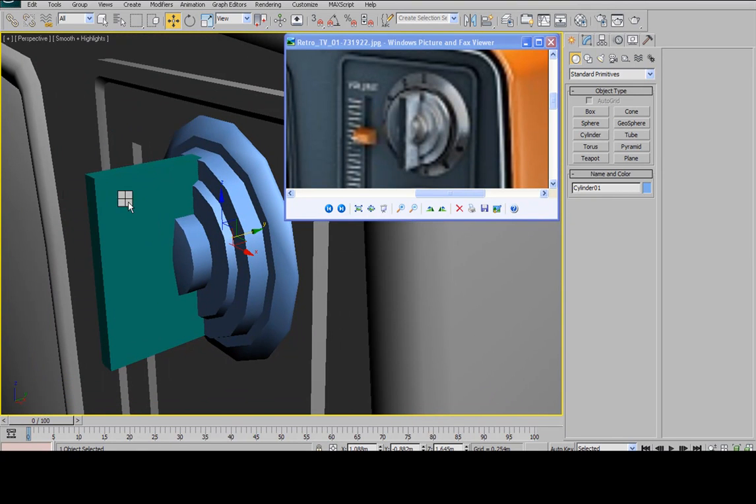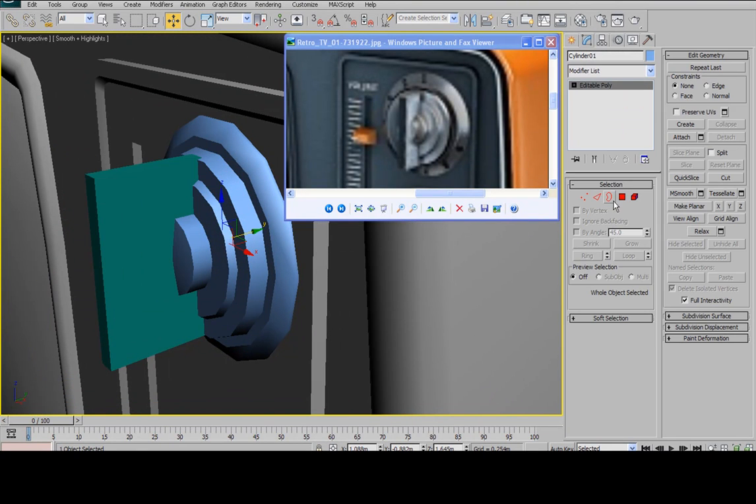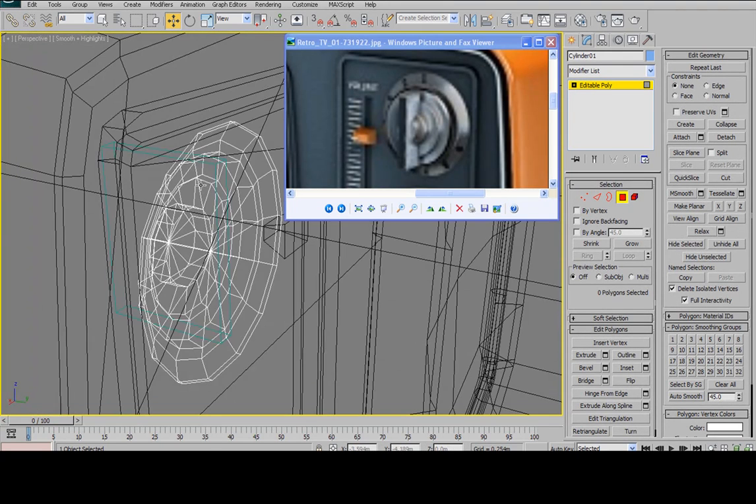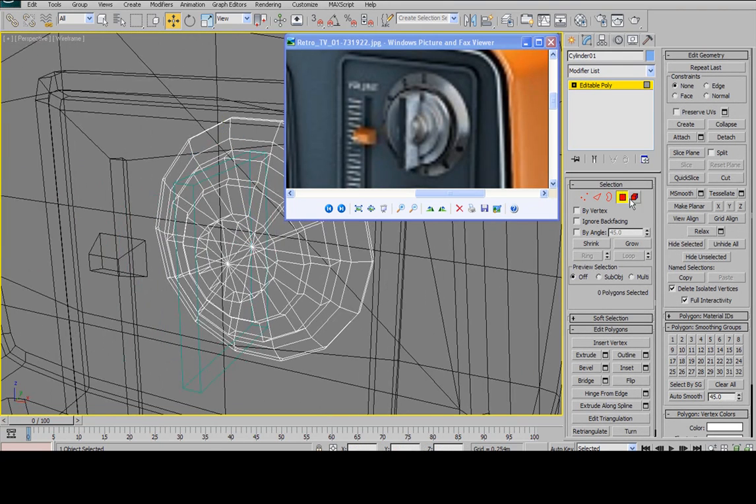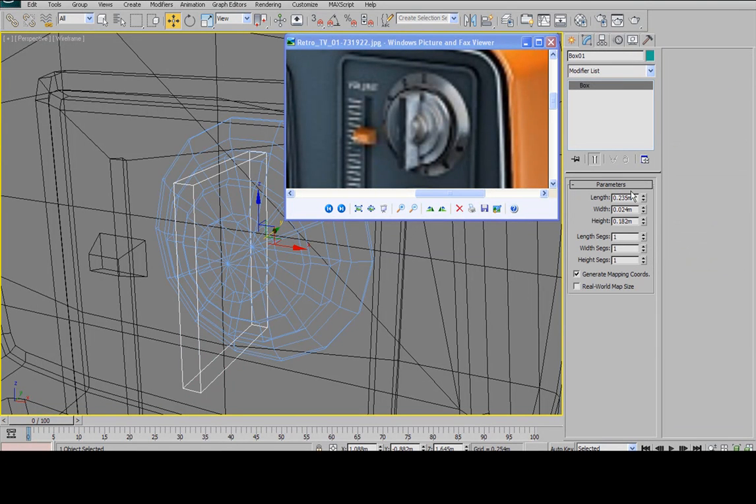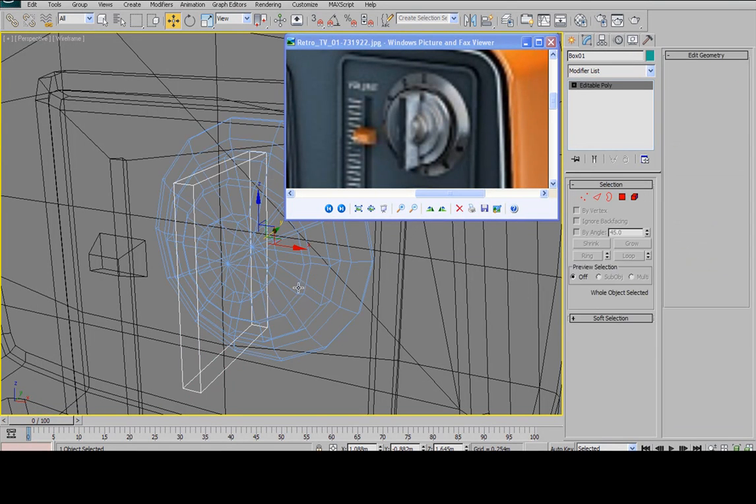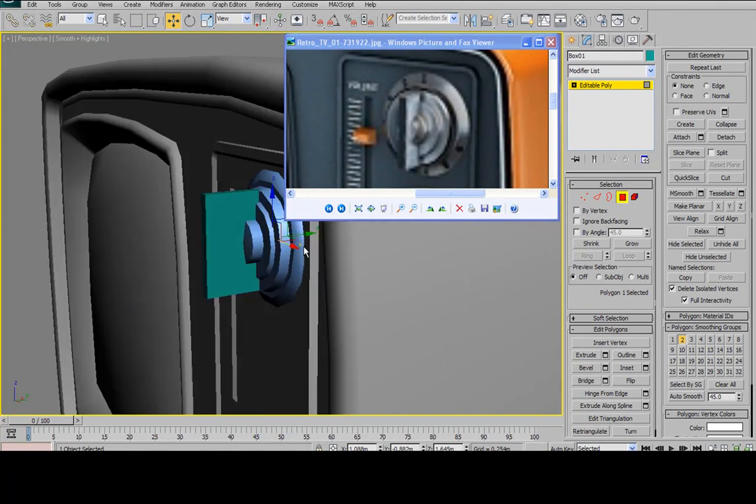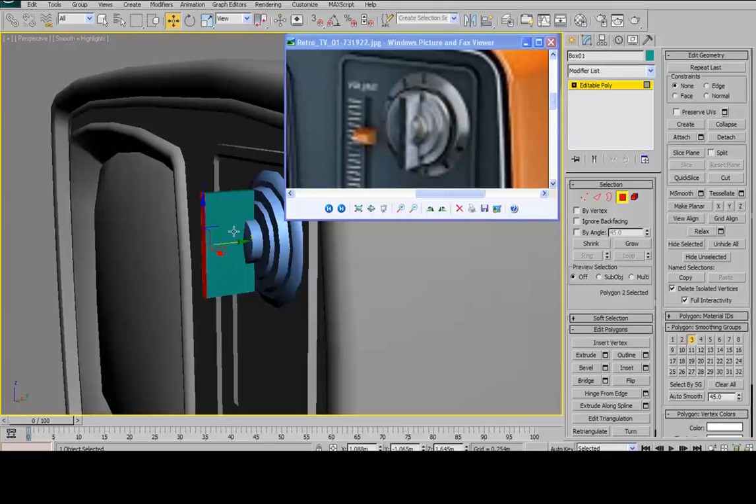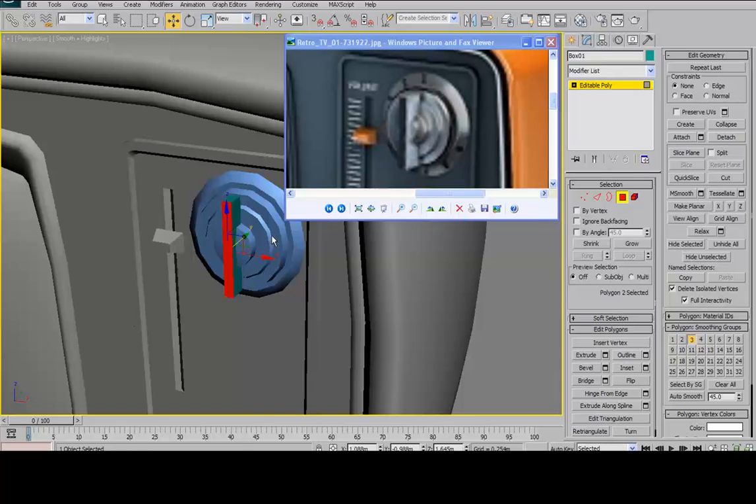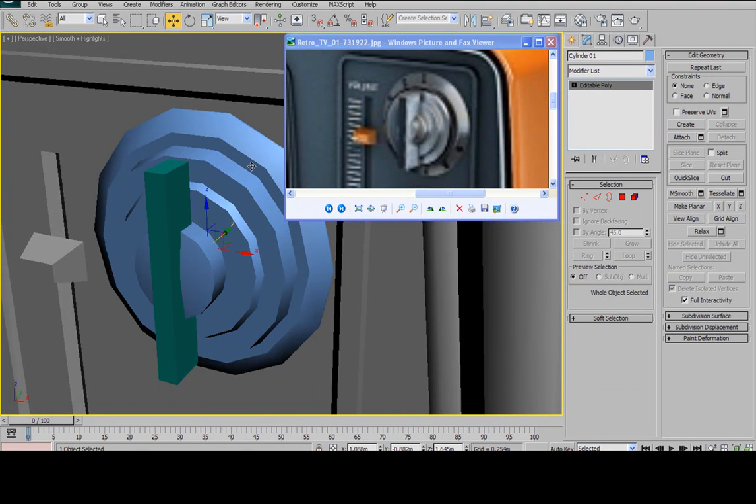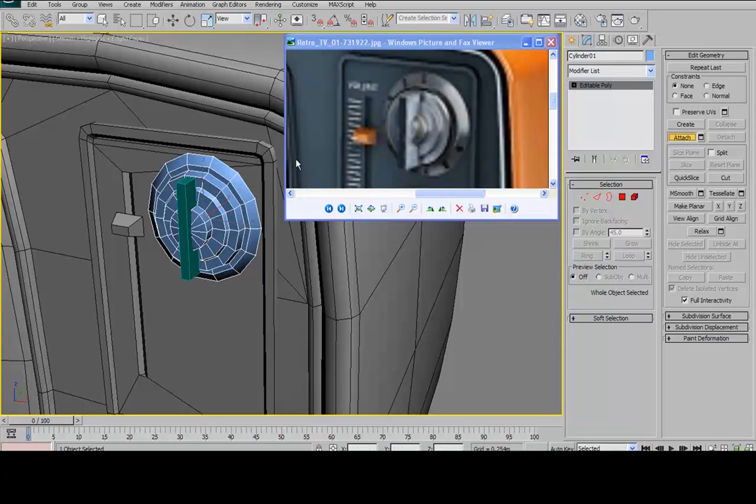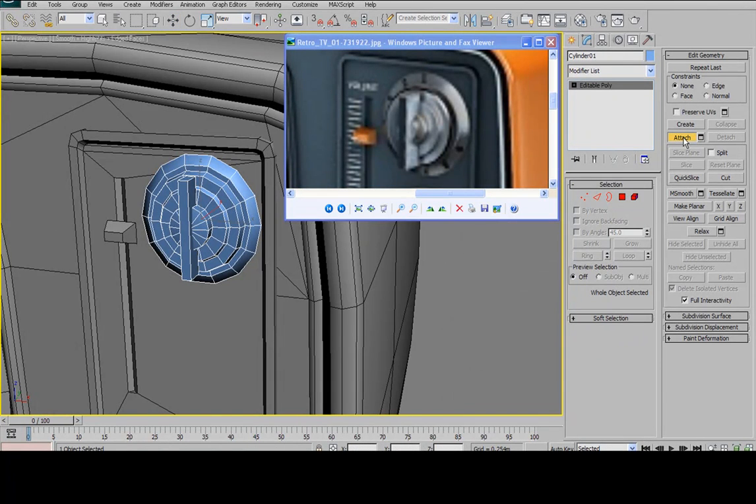So then I can convert it to an editable poly. Select, wrong selection. Convert editable poly, and then select the back face. Move it into position. Select the front face. Move it into position. And then select my knob, select attach, grab my box, and then